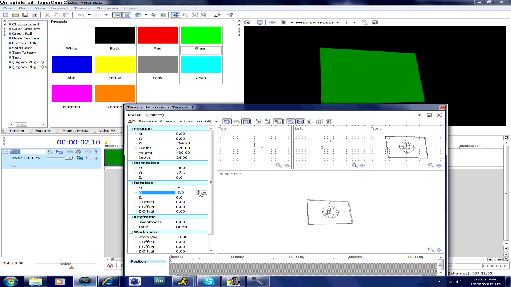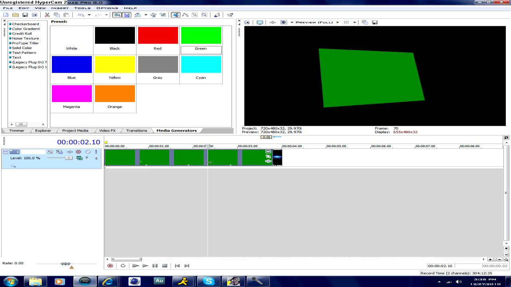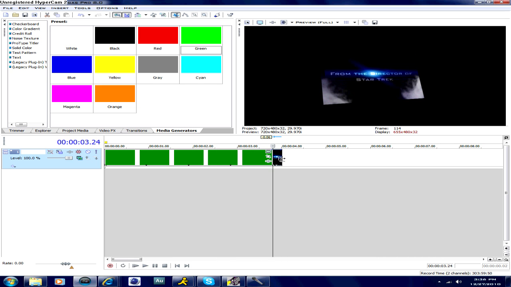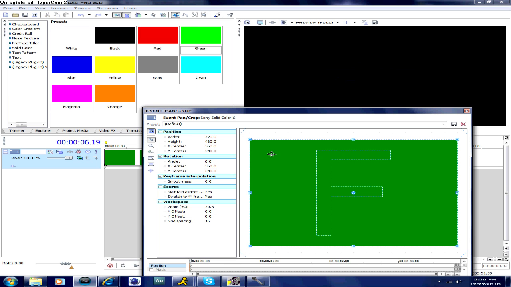You can rotate it a bit if you'd like. It depends on what you're feeling. Not hard to do at all. It all depends on what you really want your camera to look like. So now we'll just play it a little bit. See how it looks like that, and then you got the title. Okay, so